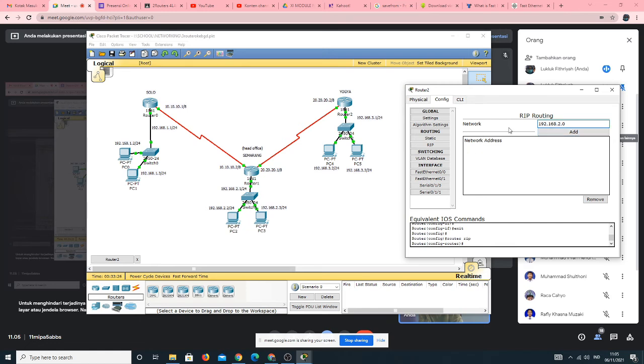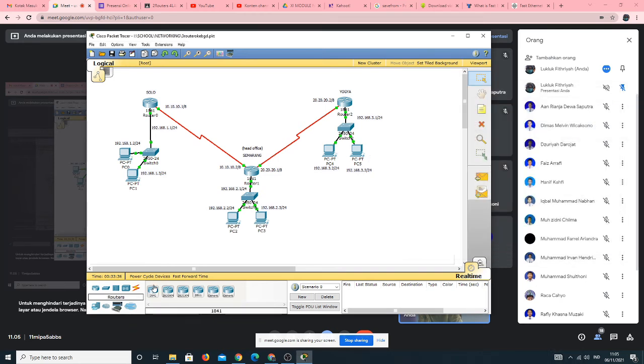If no, it's okay ya, as long as your connection between LAN Solo, Semarang and Jogja are successfully sent. Okay, that's for router Solo and router Jogja that are connected to the Semarang directly.